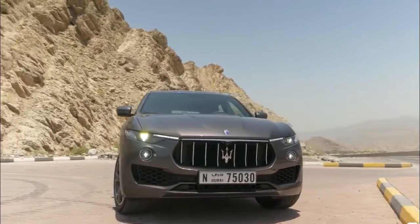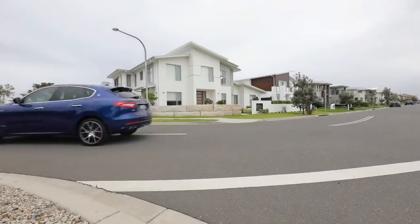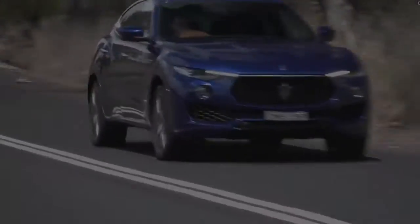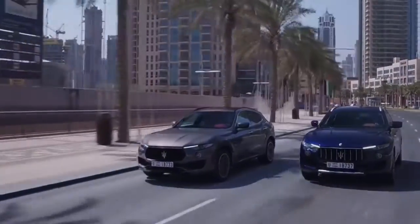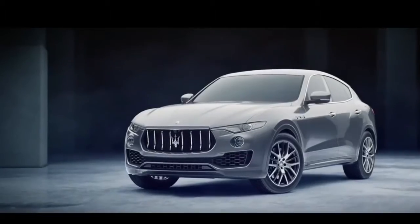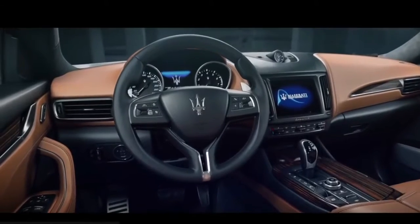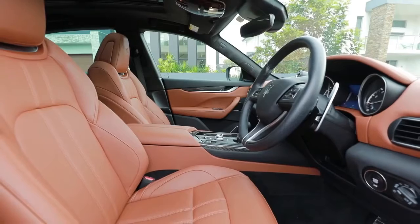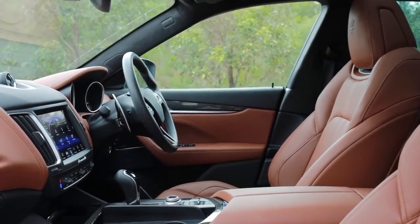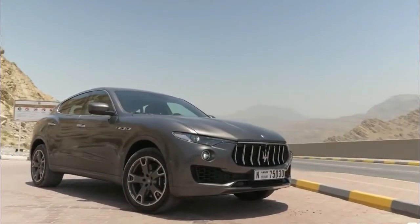standard, along with a snarling twin-turbocharged petrol engine offering the performance and theater enthusiasts expect from the iconic Italian brand. We tested the Levante in GranSport form, which brings a strong list of standard features including staggered 21-inch wheels with wider rubber for the back axle, oversized brakes with red calipers, variable height air suspension, bi-xenon headlights and a central touchscreen hooked up to front and rear parking sensors, a 360-degree camera, Apple CarPlay, Android Auto and a 14-speaker Harman